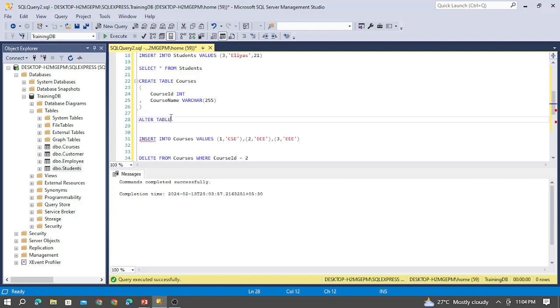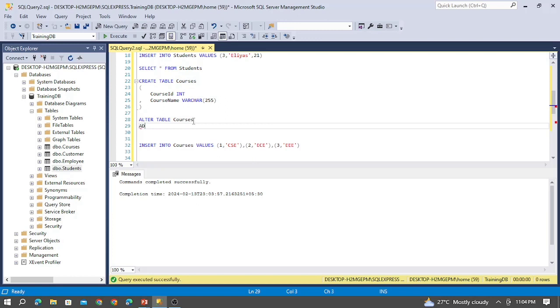You can use the add constraint, you have to specify the name. Let's say primary key of course id,